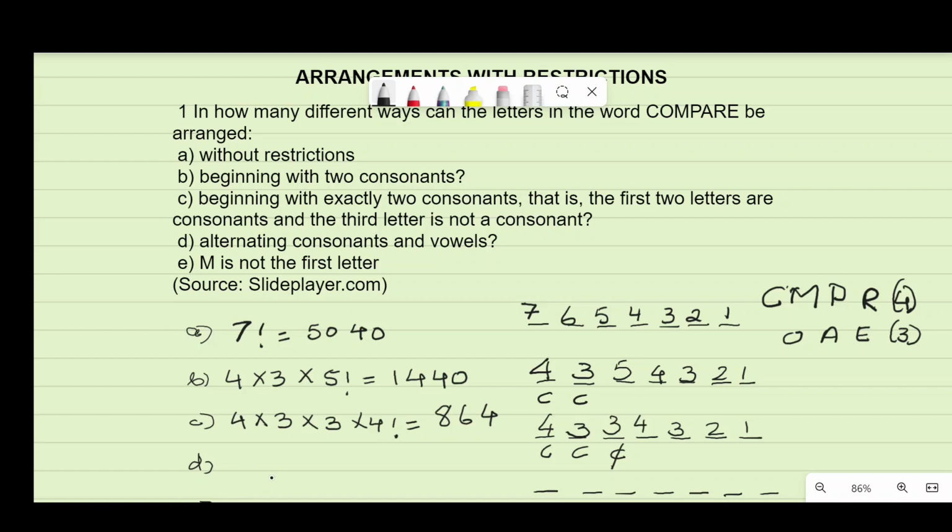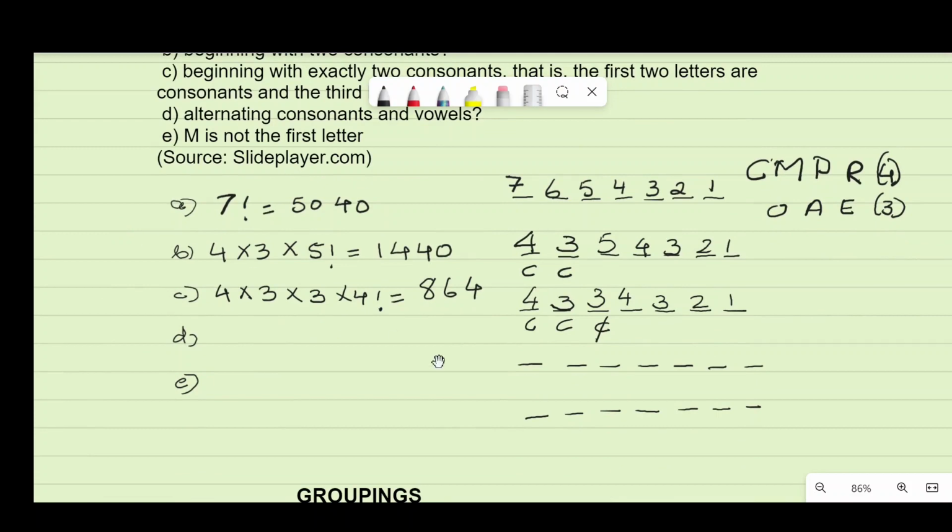How many different ways can the letters in the word compare be arranged if the consonants and vowels alternate? Okay. So now the letters must be alternating consonants and vowels. That means here now we are going to have a